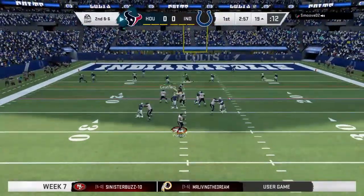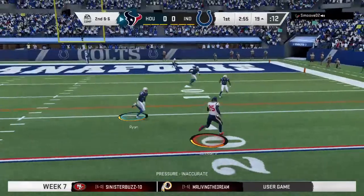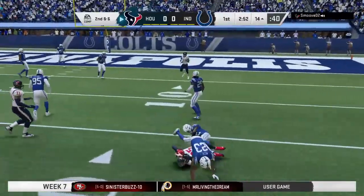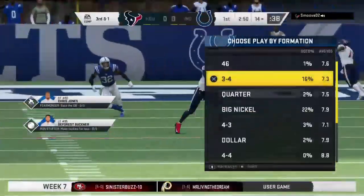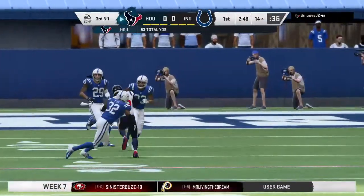To throw on 2nd and 6. Watson. He gets this one to Johnson. And he'll get him inside the 15 down to the 14-yard line. It's a gain of 5 on the play, and that'll make it 3rd and